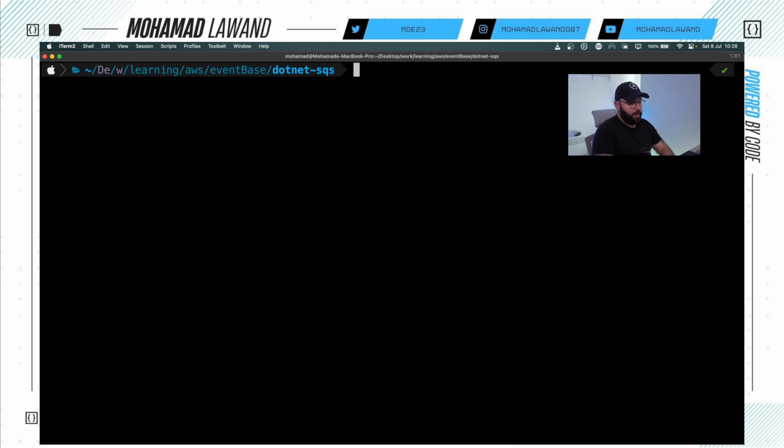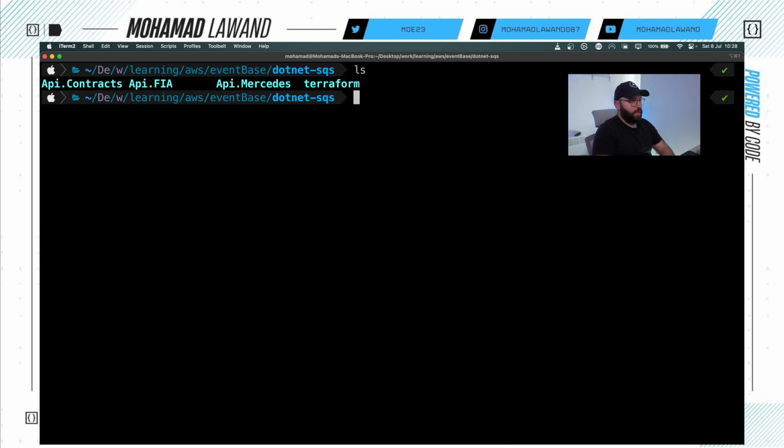I'm going to clear my screen, type ls again, and we can see the 3 apps. And I want to put dotnet add reference, and actually it should not be reference, it should be the api.fia csproj reference to what? To the API contracts,